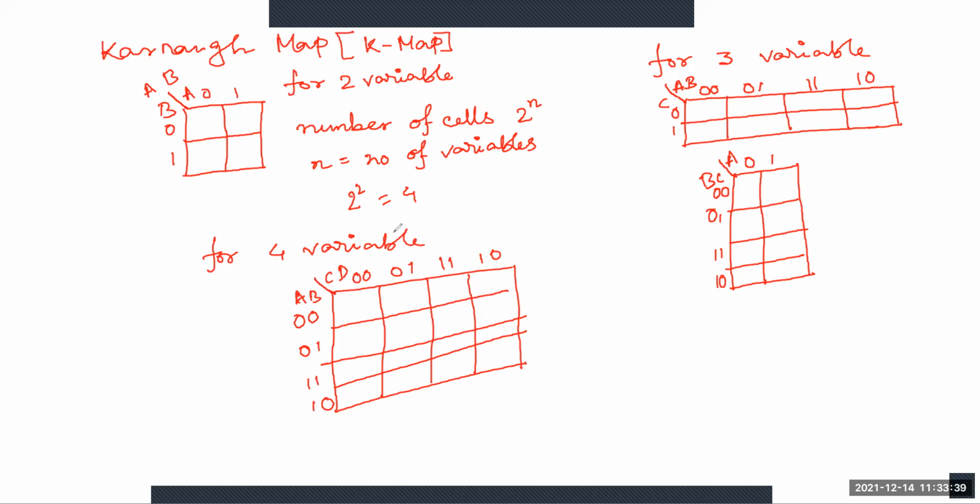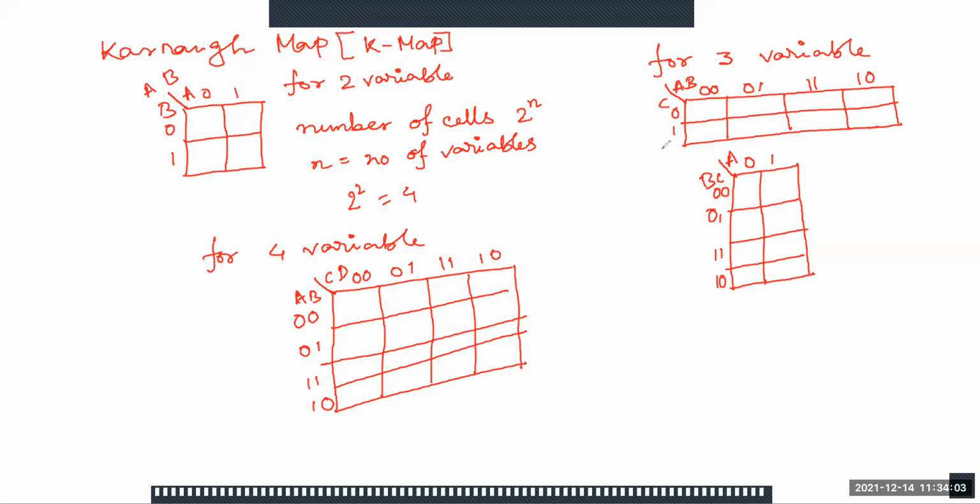So this is the actual introduction of the K-map concept. Till now you have seen the two variable, the three variable K-map, and the four variable K-map. We will see that up to four variables it is very easy to solve any Boolean expression, and from five variables it is a little bit difficult.